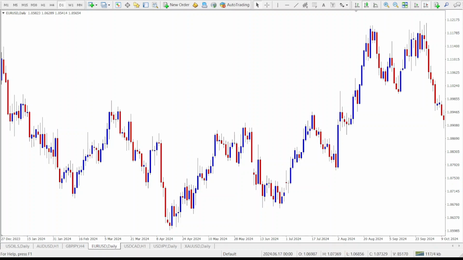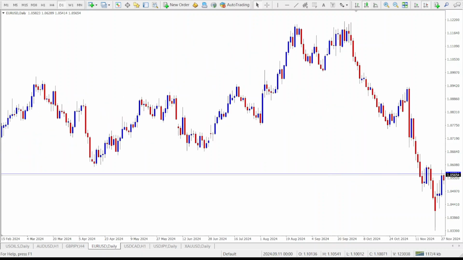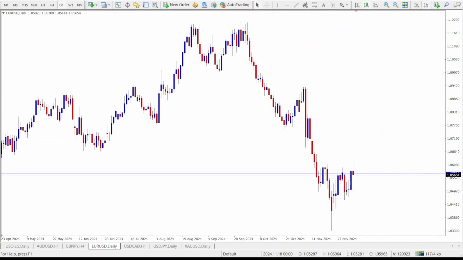We're going to be starting with the basics. So what exactly is Forex hedging? At its core, hedging is a risk management technique that allows you to offset potential losses in one trade by opening another in the opposite direction. So for example, if we had entered a buy trade,